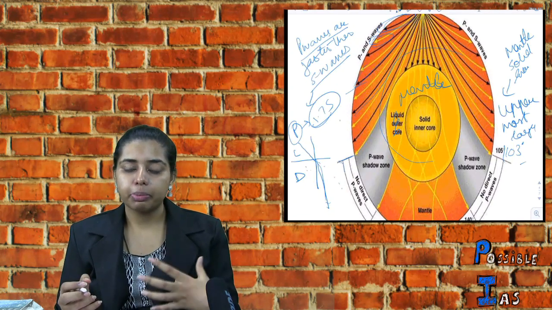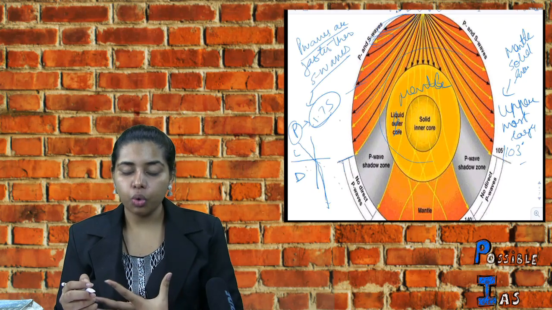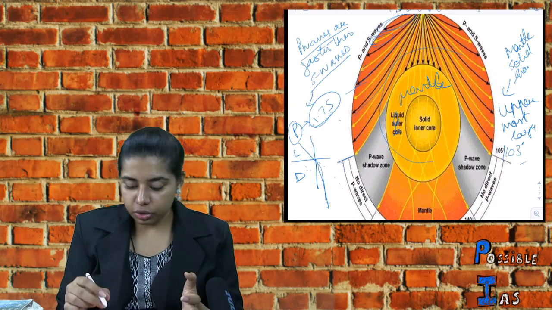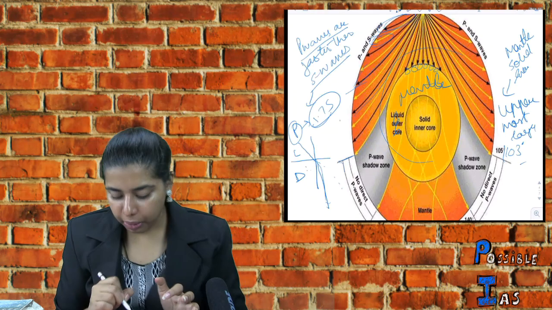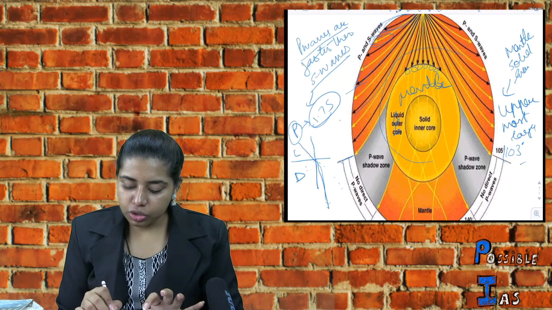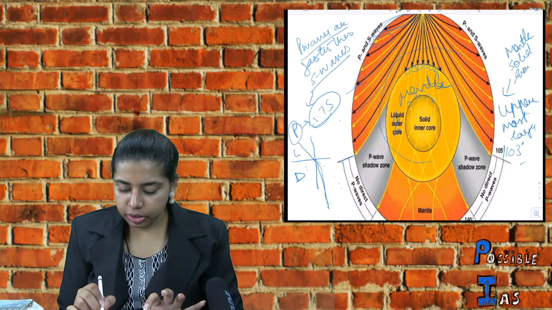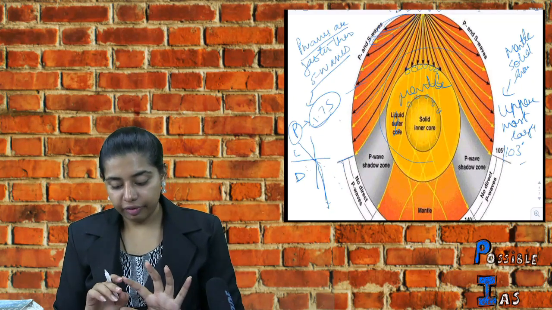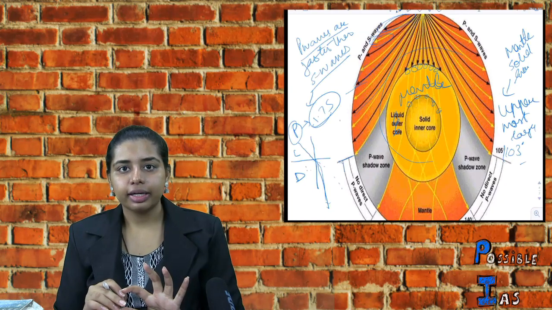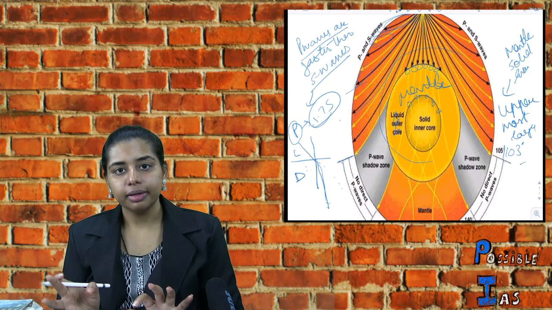Now when we get into the deeper mantle or the outer core, it is very dense. So these P waves are bent at this boundary, and then again when they enter the solid inner core, they are bent. So they are refracted at the boundary of high density when they encounter high density materials. Okay, so then what happens between 103 or 105 degrees to 140 to 145 degrees,